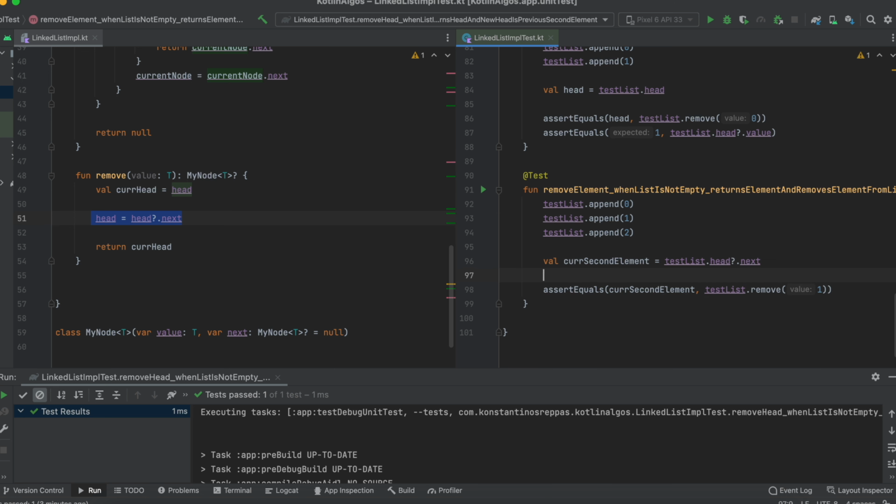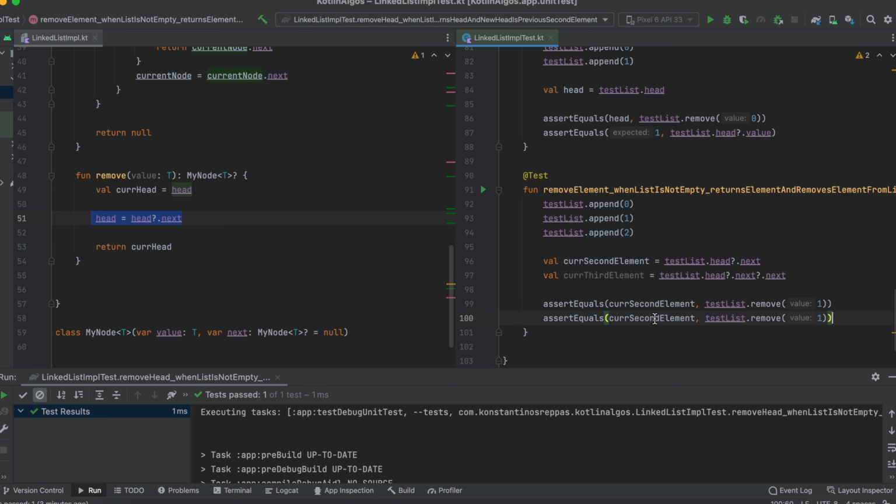Let's also create a different value here, that is current third element, which is .next, so we can have the current third element. And we also need to assert that the current third element is .value